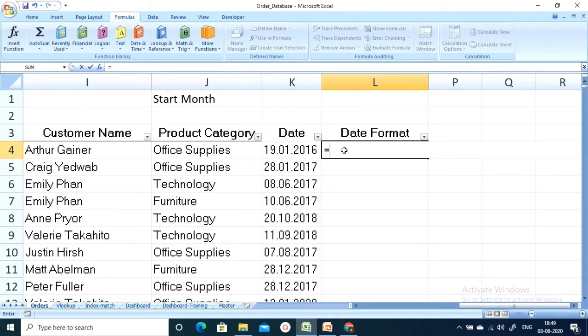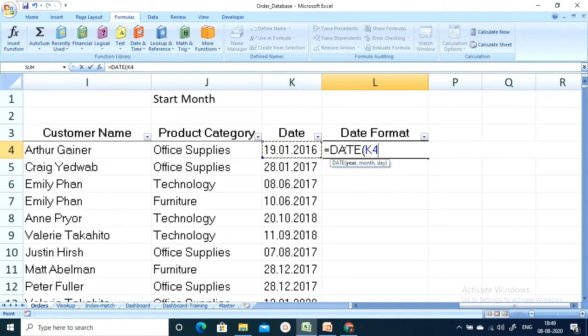I am going to use a formula called DATE. In DATE, first year, month and day will come. If you see in the string, the year is the last 4 characters, the month is the middle 2 characters, and the day is the starting 2 characters. So the year is on the right side of the string, the month is in the middle, and the day is on the left side.